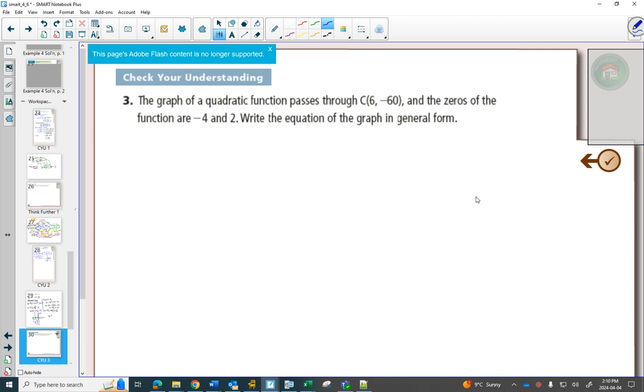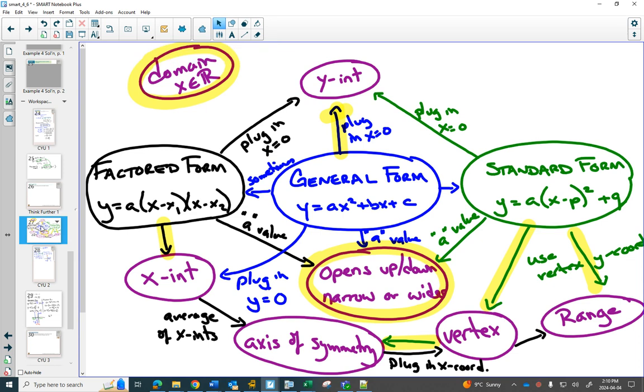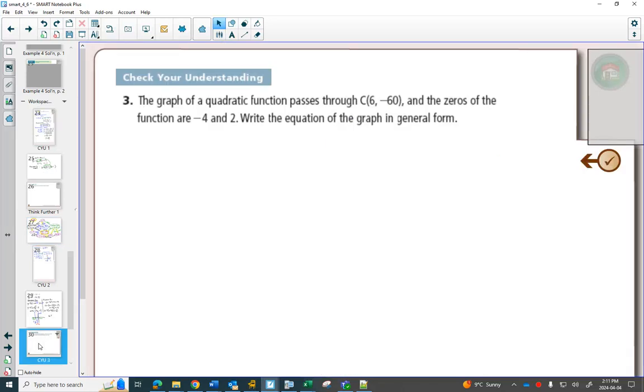Okay? So we want general form, but nothing goes nicely to general form unless we either have standard form or factored form first. So in a question like this, you'd be thinking, okay, which should I use? Should I use factored form or should I use standard form? Did they give me the vertex? Because if they gave me the vertex, oh, standard form is beautiful. Okay? No. Did they give me the x-intercepts? Because if they gave me the x-intercepts, then the factored form is nice. And they did. So in this question,